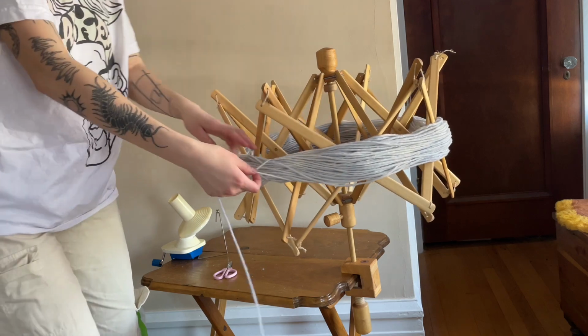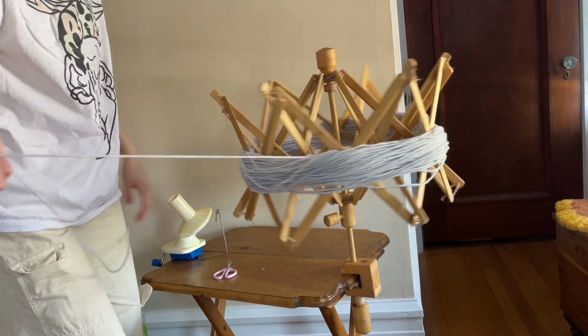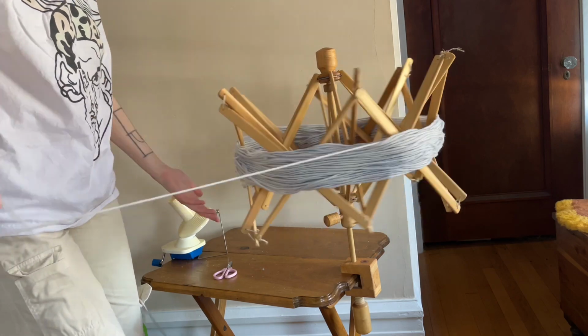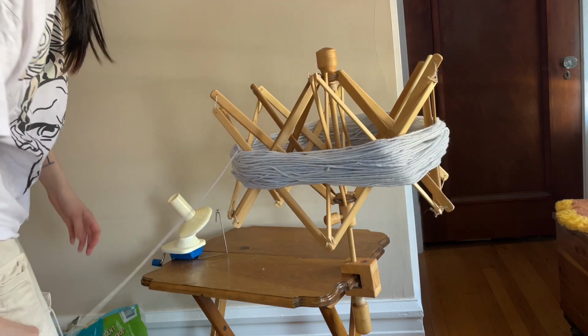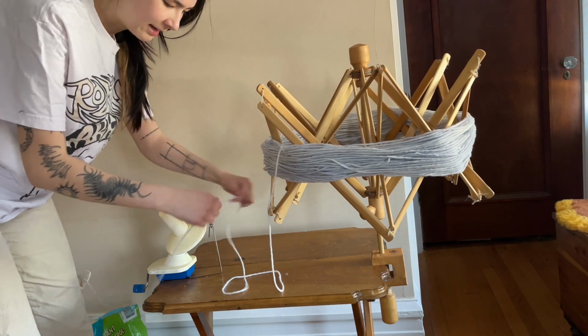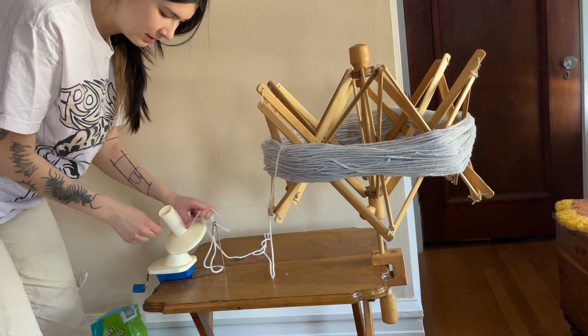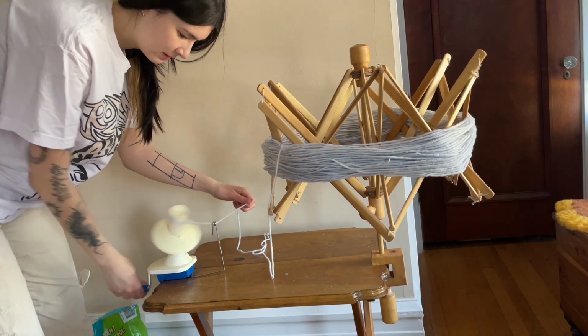And then it's kind of like wrapped around itself, and you unwrap it like this. And then from there you can unwind it basically. So I use this little guide. Put my yarn in here, and then I put my yarn into this little thing to hold it, and then I just start